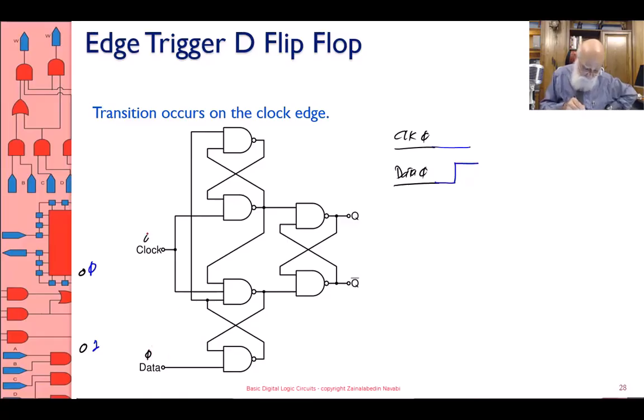Okay? Let me go back to the black color and propagate the black color throughout the circuit. So there's a 0 here, 0 here. Since there is a 0 here, there is a 1 here. Remember that when you have a NAND gate, an input of 0 gives you an output of 1. No questions asked. Okay, you don't really care about the other inputs. The 0 causes this to be 1, and the